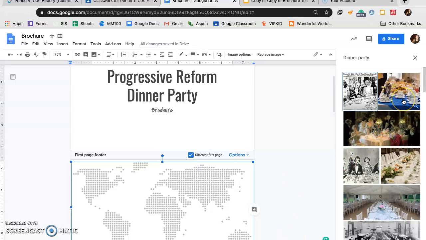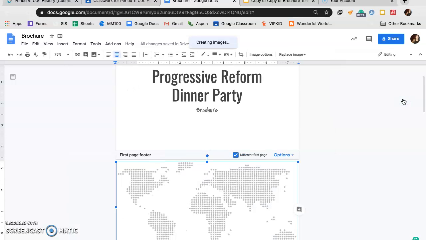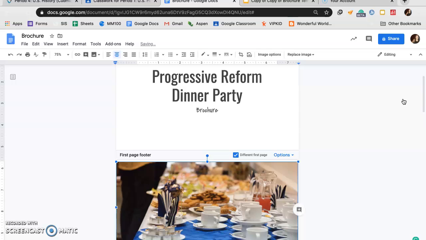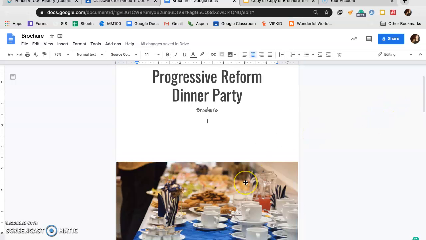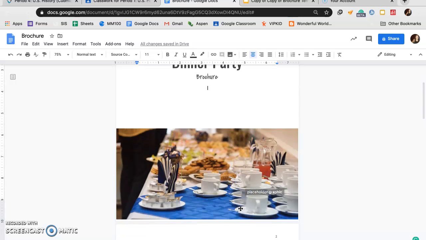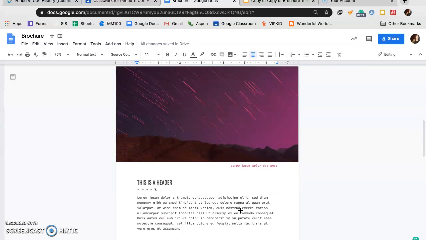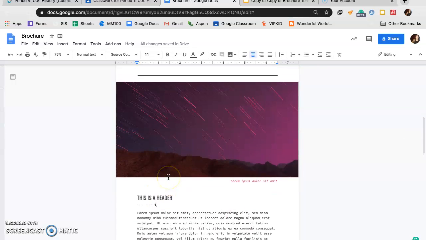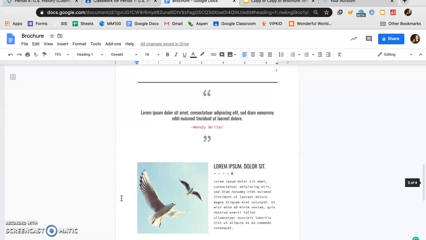We could go with any of this. Right? We could put an image of, let's see how that looks. Creating image. Splendid. Okay. It could also just be a picture for the progressive era. It could be a picture of an American flag, whatever you want. Doesn't matter to me. All right. So this is a header. Ooh. Okay. So maybe this is where we say a little something about the progressive era or our people,